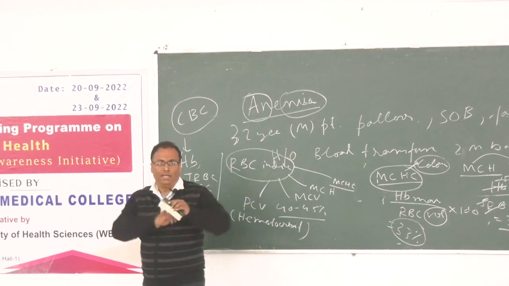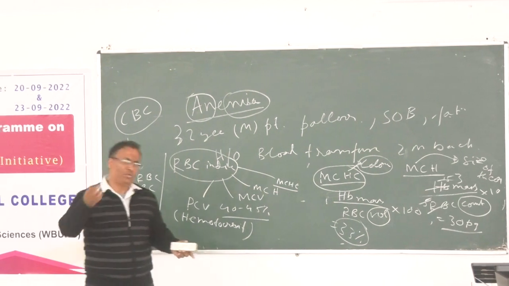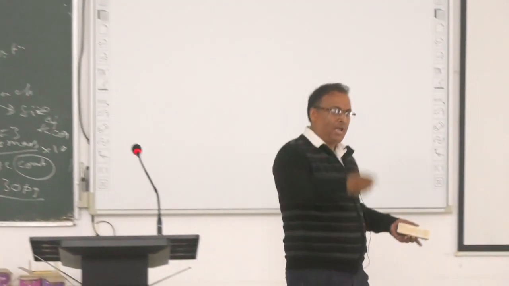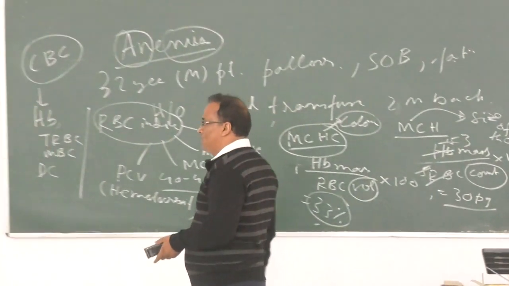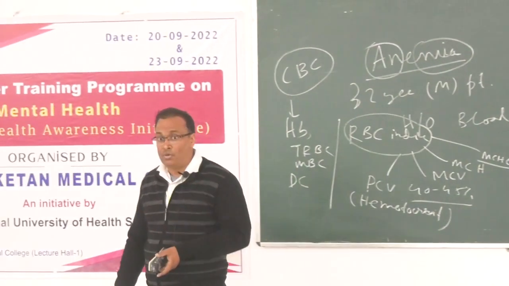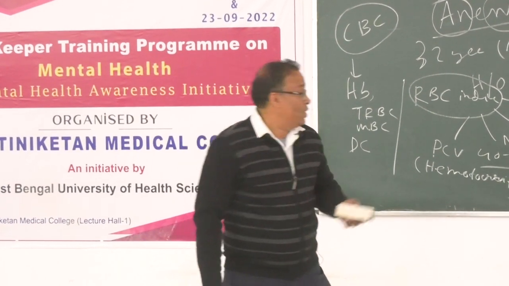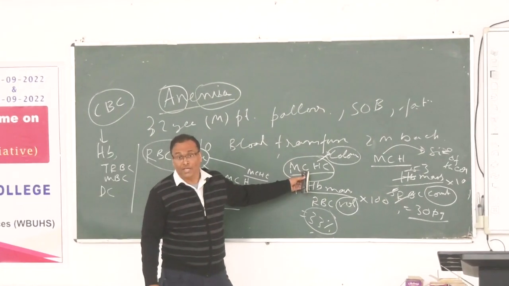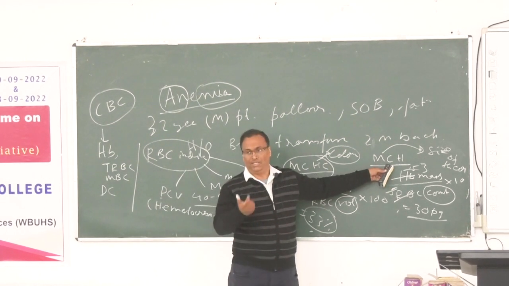This must not be forgotten. Suppose you will very often get a CBC report for someone at home. So that will detect, practice looking, from now on see what a CBC report looks like. It is exactly like this. Hemoglobin, total count of RBC, total count of WBC, differential count, then RBC indices will come. Platelet count, everything will be there. CBC means complete blood count. So these are the RBC indices, and MCHC is for the color, that is chromic. Chrome means color. And this is cytic, means cell size.